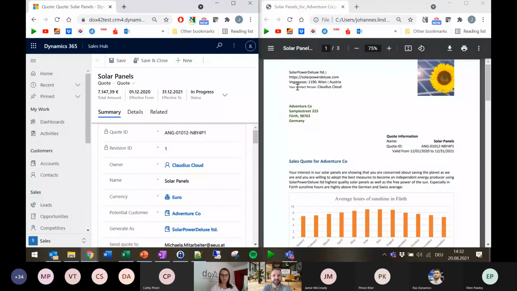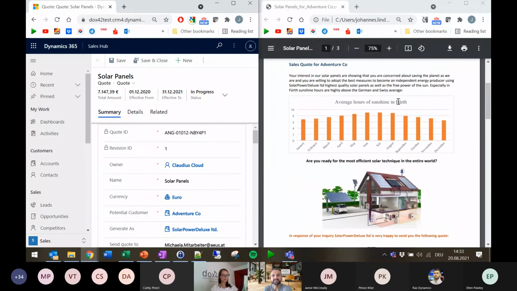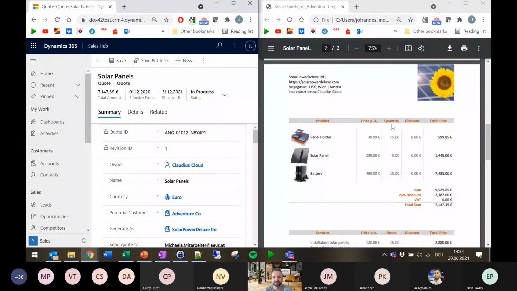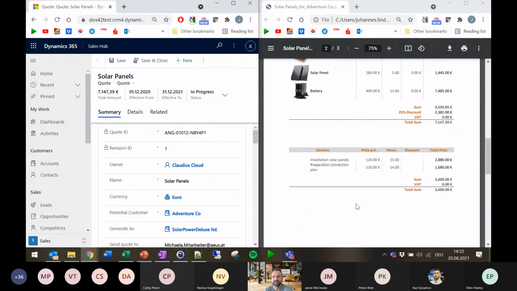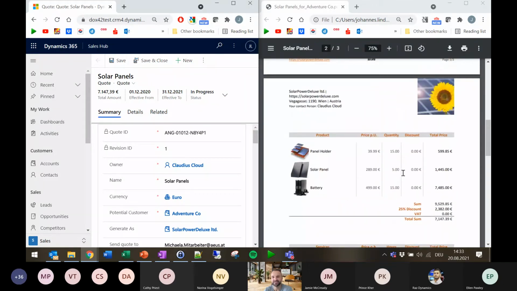There it is. So the top part will be in the information also with an entity image from Dynamics in this case. That's one of the modules that we took from SharePoint, so the description. Then also in the prices per unit, we changed, I think, the hours to 15. Yeah, there we are. And that's there in the calculation as well as it is in Excel.